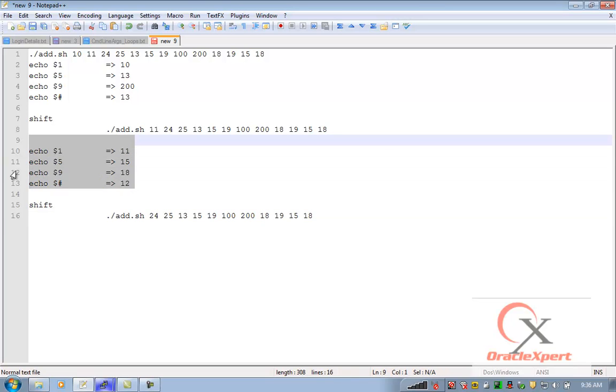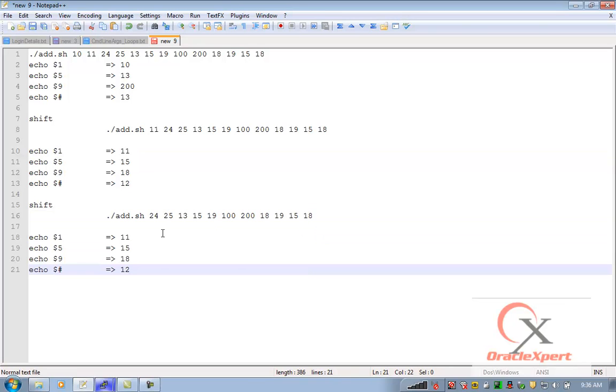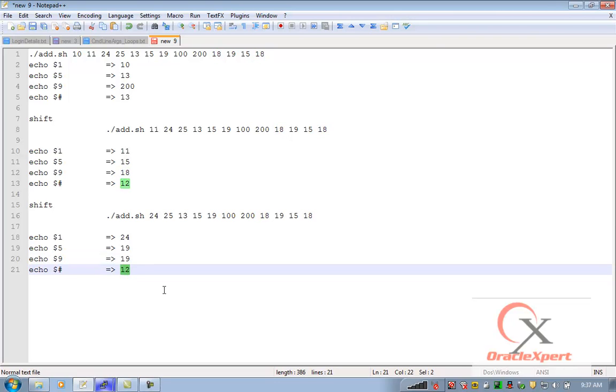If I rerun the same shell script, $1 will become 24, $5 will become 19, $9 will become 19, and this will become 11. So every time you use a shift in your program, the positional parameters are shifted by one argument position